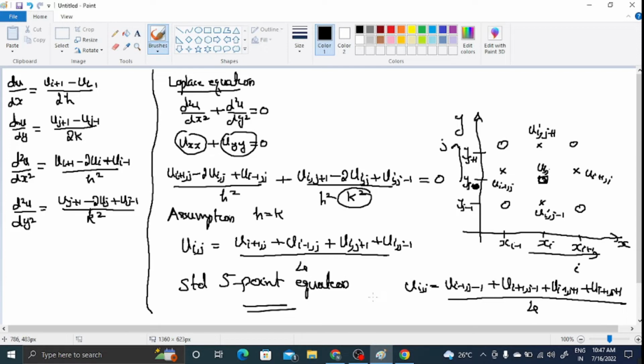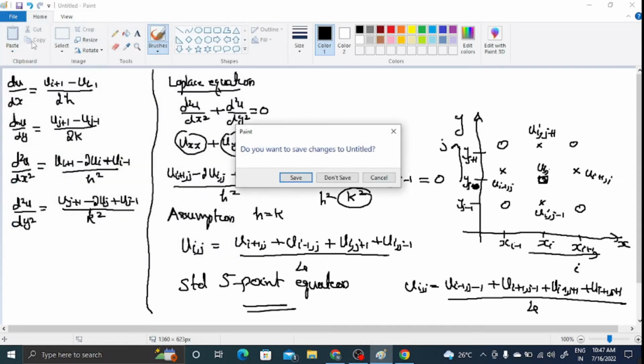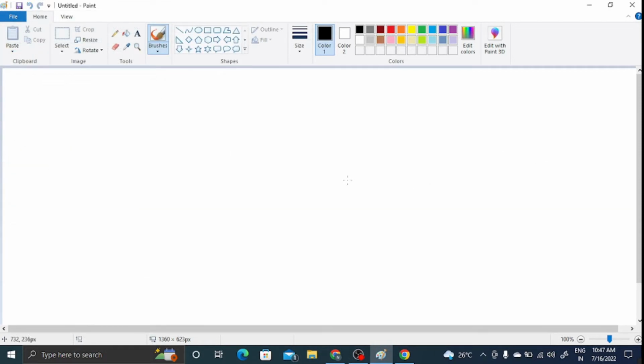Okay, so now we are going to solve a Laplace equation using this finite difference approximation method. So the question will be like this: solve the Laplace equation. It is also known as the elliptic equation. So solve the Laplace equation u_xx plus u_yy equal to 0,